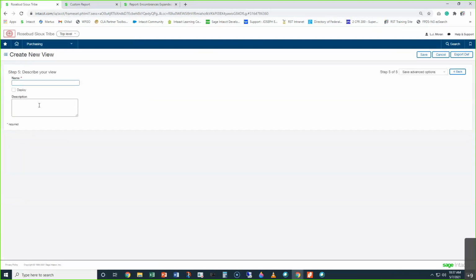And now we go to the last part, which is to save this view. It has to have a unique name. So I'll call it that. Don't click deploy if you're going to build your own report. That would populate everybody's views with it. And I think there's like 10 of us in this room right now. If we all went and did that, every single person would suddenly have 10 new views to use, where some of them may not be important to the other person. So we'll do training PO view,